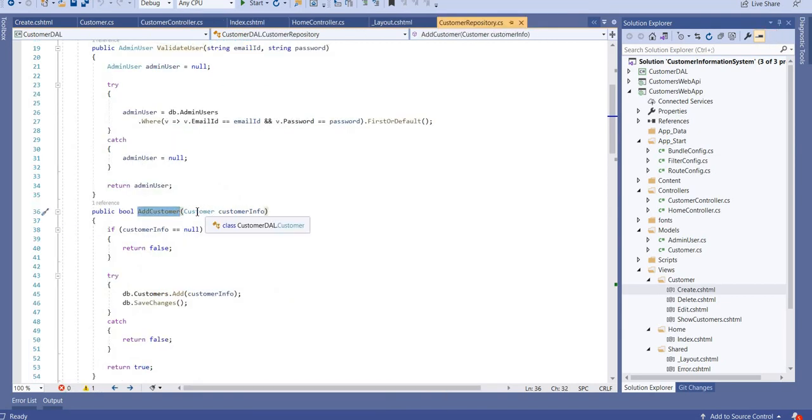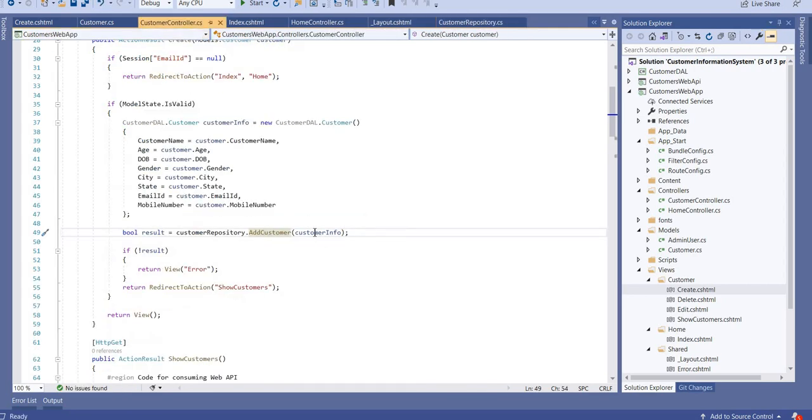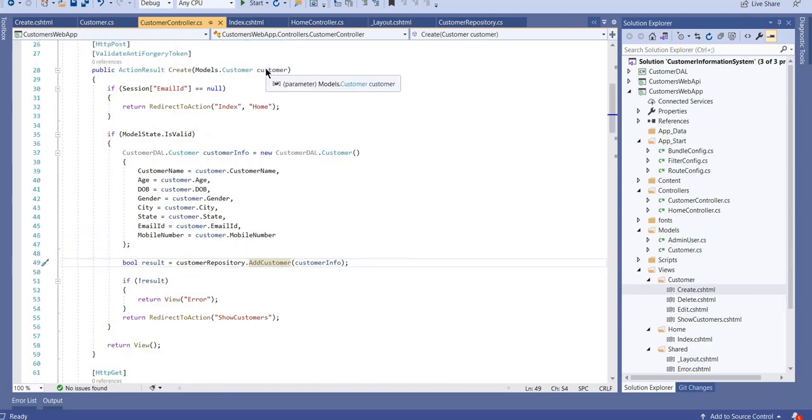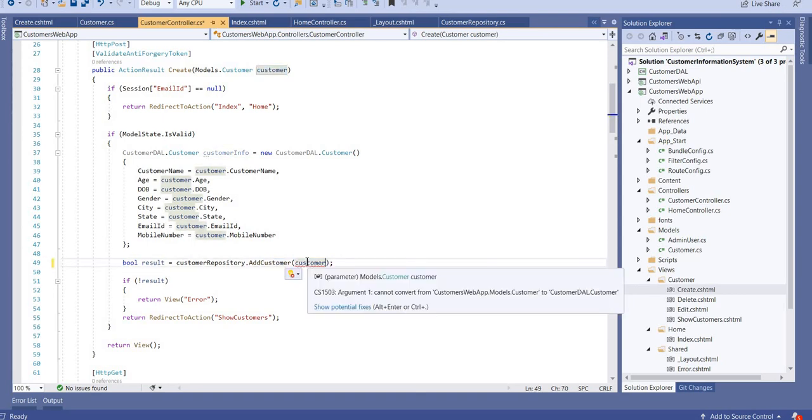Here, what is the customer? It will only take customer DAL as a parameter. And when I am calling this add customer, I have to pass customer DAL, right? I cannot pass the model one here, because if I pass this, it will give me an error.